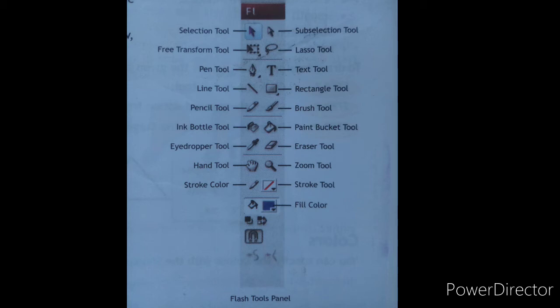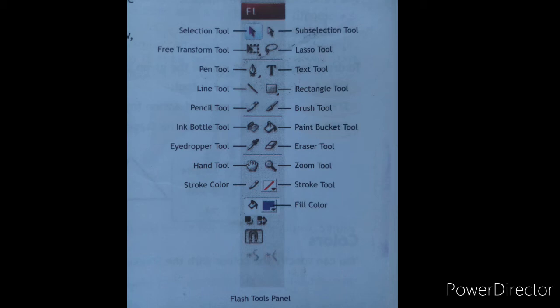Next we have the rectangle tool. The rectangle tool is used to make rectangular objects. Then the pencil tool. The pencil tool is used in much the same way that you would use a real pencil to draw.